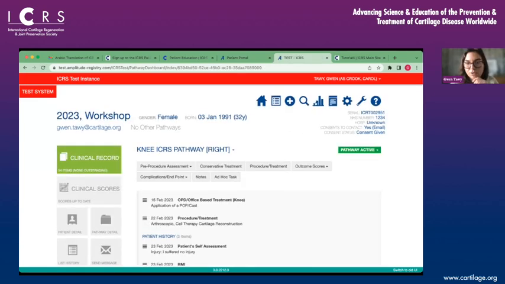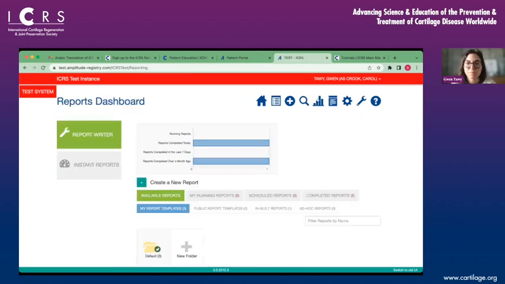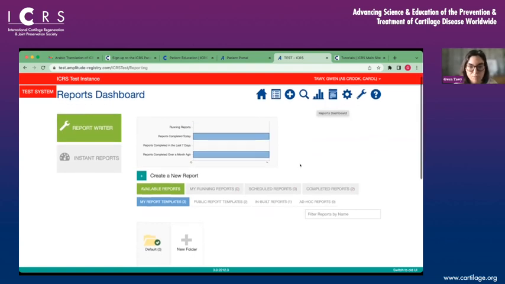So the last thing that I'm going to show is how to generate reports, and this can be done by going back to the home page and clicking the graph bar at the top here. And this brings you into this page where you can generate your own report. So if you click create a new report,